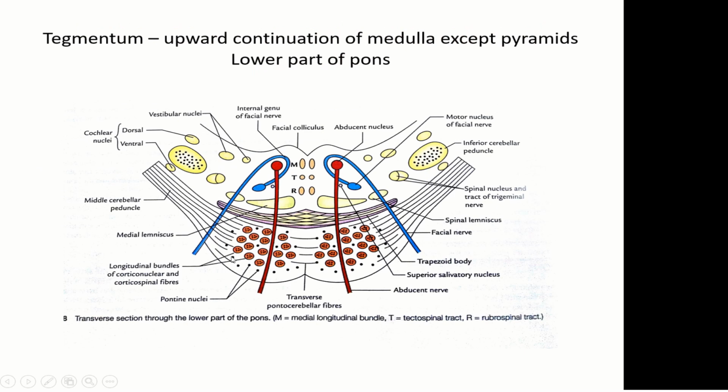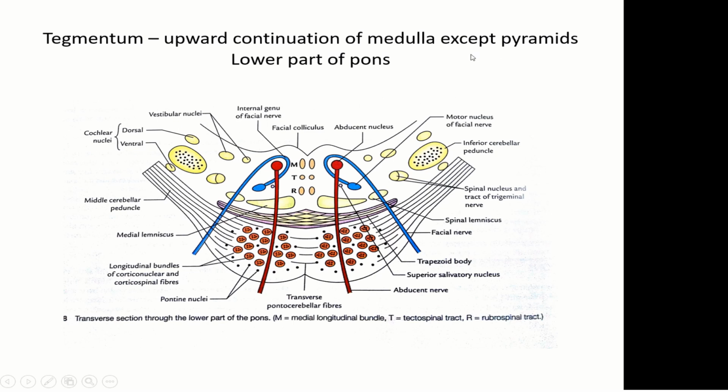You can see here, this is the basilar part. You can see these are the corticopontine and corticonuclear fibers, and these black dots are the pontine nuclei, and these are the pontocerebellar fibers which are emerging or passing through the middle cerebellar peduncle into the cerebellum. Now if we come to the tegmental part, the tegmental part is nothing but the upward continuation of